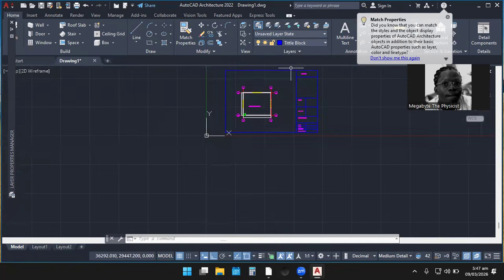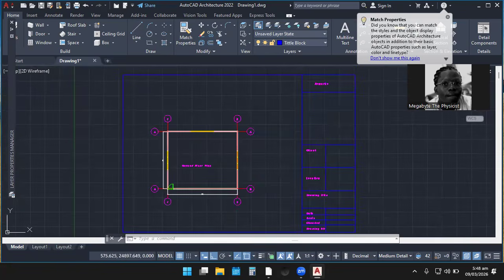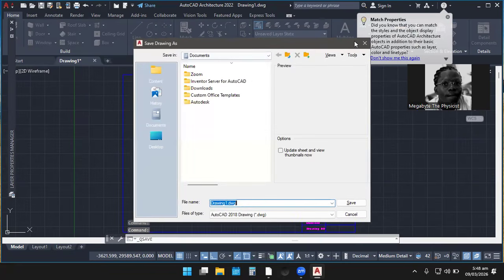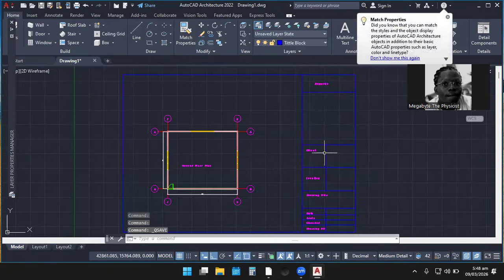Remember to save the work every 2 to 3 minutes when you are working with AutoCAD, because if you are not saving the work, you face a lot of challenges. You see, because I've not created any folder and saved it in it, that is why it is behaving that way.